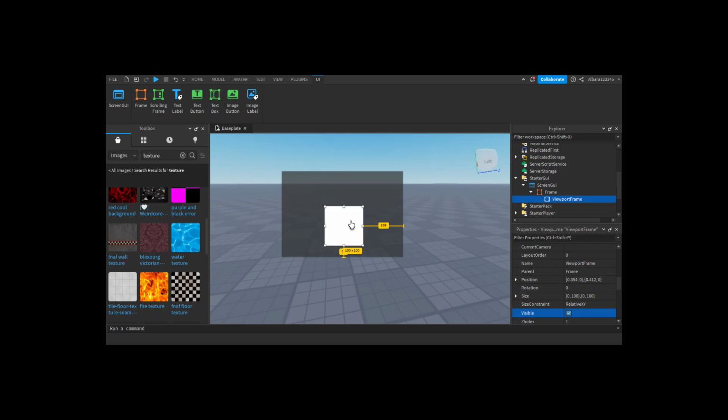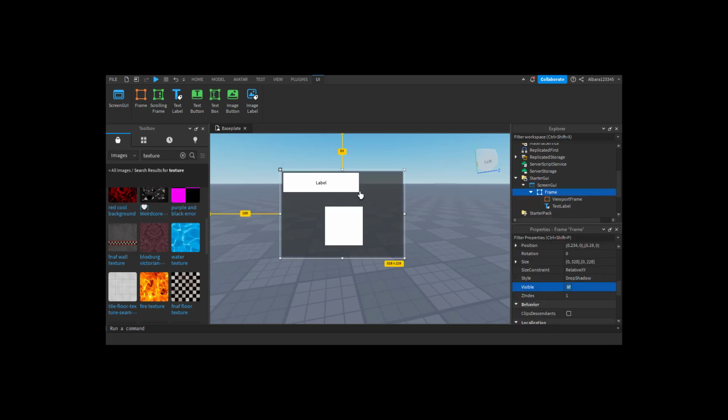In here we will have the picture of the egg, and at the top of this viewport frame I will need text labels, 2 text labels. First I will use one for our title. Let's say in here I want to type congratulations. Okay, so I'll type congratulations,